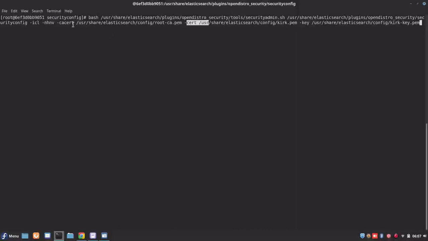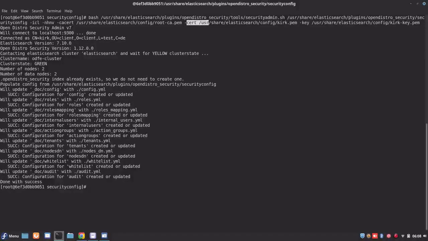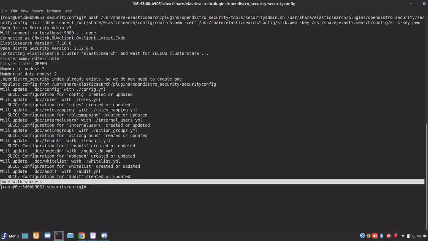These are some of the important things that we are passing to the security admin tool. This is going to actually update the security configuration within the cluster. Now we have updated, and if everything goes successfully, you will get a message: done with success.